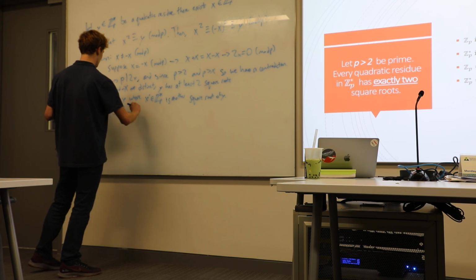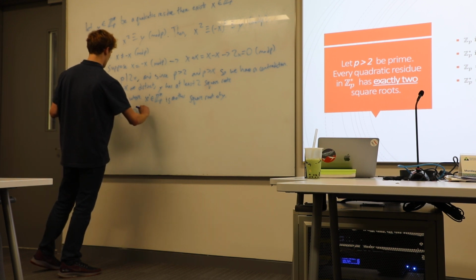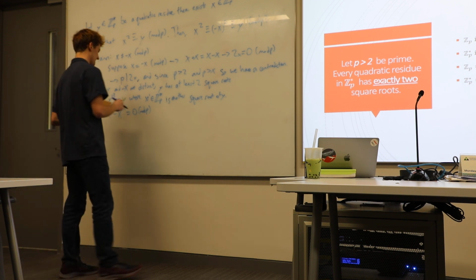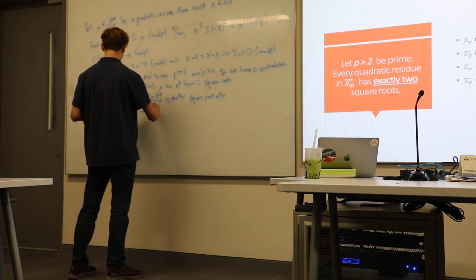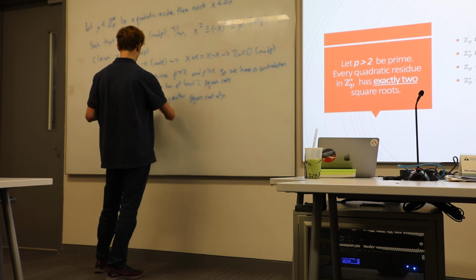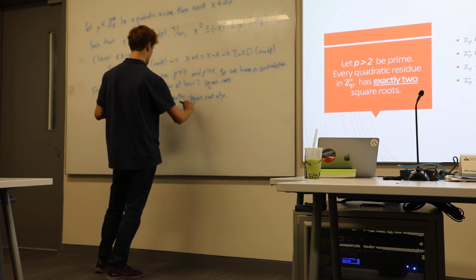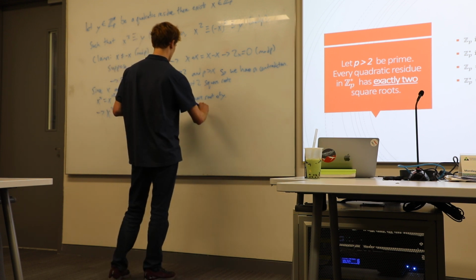equal to 0 mod p, since they're both equal to y, which you can actually factor. So that would mean that you have x minus x prime times x plus x prime is equal to 0 mod p,